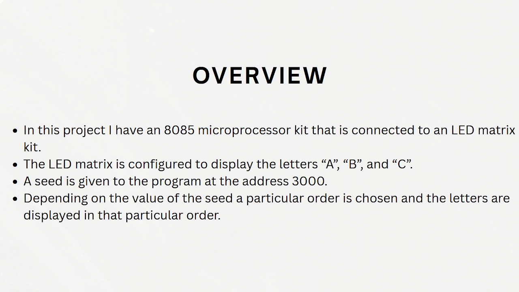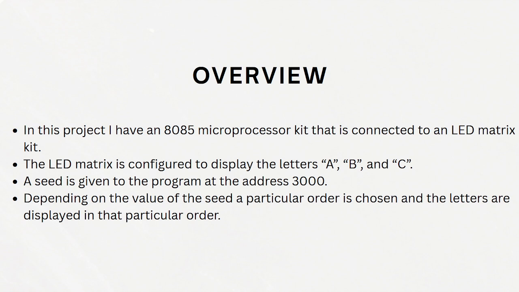First I'll start by giving you an overview of the project. In this project, I have an 8085 microprocessor kit that is connected to an LED matrix kit. The LED matrix is configured to display the letters A, B and C. Now a seed is given to the program at the address 3000. Next, depending on the value of the seed, a particular order is chosen and the letters are displayed in that